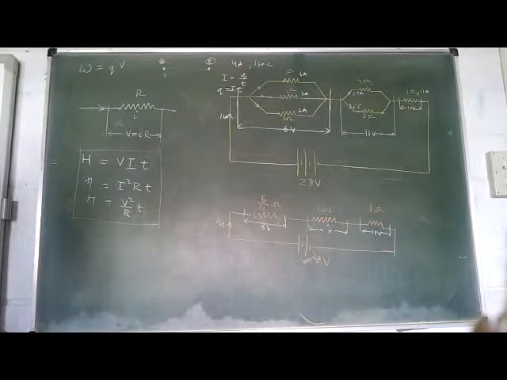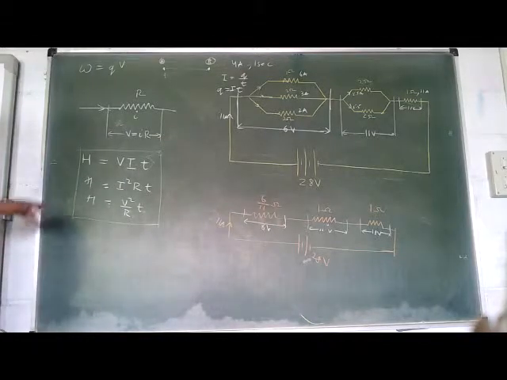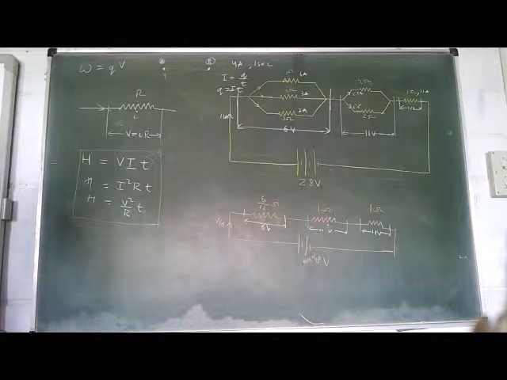Get the point? So if they ask you in school or anywhere in the exams how it depends on resistance, don't write more resistance, more heat, or less resistance, more heat. Write if the current flowing is constant, then more is the resistance, more is the heat. If the potential difference is constant, then less is the resistance. Oh my God, you'll write it down or what? Just try to understand and move on, man.